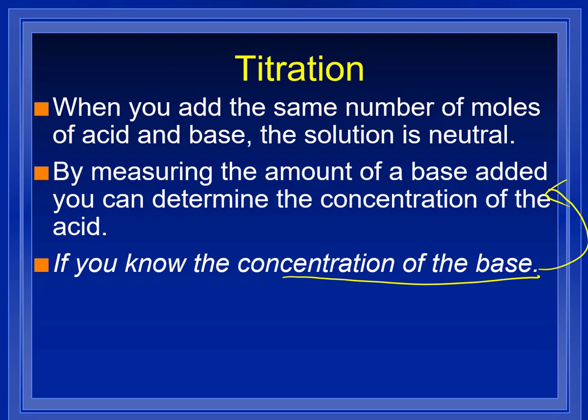So tomorrow you're going to determine an unknown base. Well, actually, no, you're going to determine an unknown acid, its concentration. So this is a titration. Take a known concentration to find the unknown concentration. And you have to have a way of knowing when you've made that switch. Okay? So for acid bases,